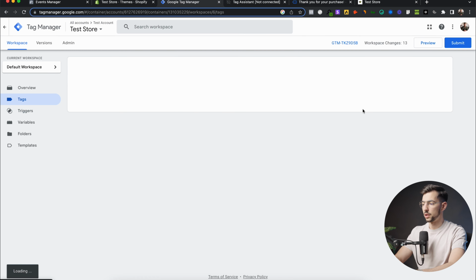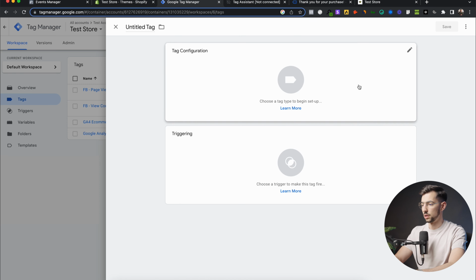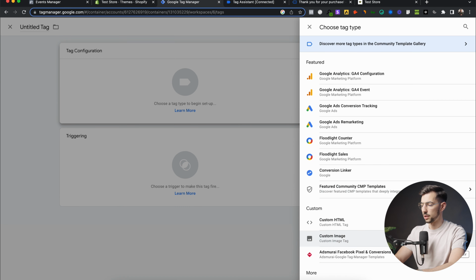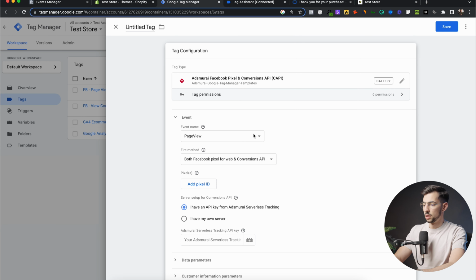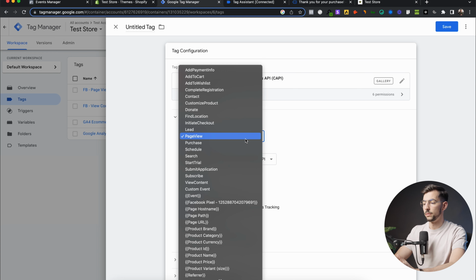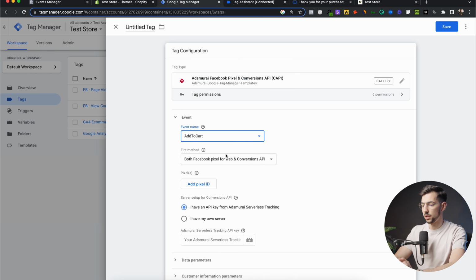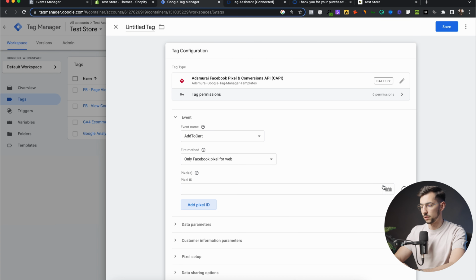Now we gotta create the tag. Go here, new tag configuration, again use the @samurai. This time the event name is gonna be add to cart, so we change this to add to cart. Only Facebook pixel for web, add the pixel ID,